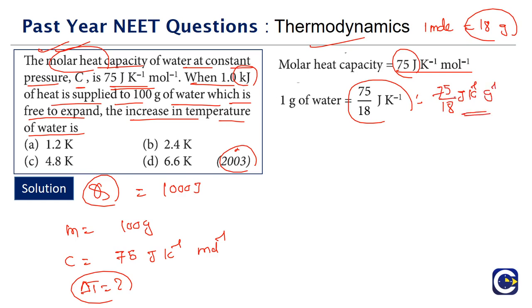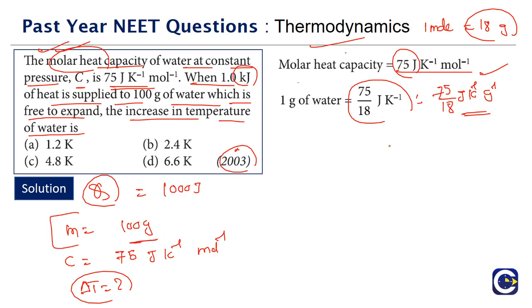Simply we are dividing it by what? 1 mole means 18 grams, right? That's why we have the mass specific heat capacity in terms of grams, with mass in terms of grams. Here the other things are in SI units, but we are not using the mass in kg, because our given mass is also in grams. Anyway, that is going to get cancelled.